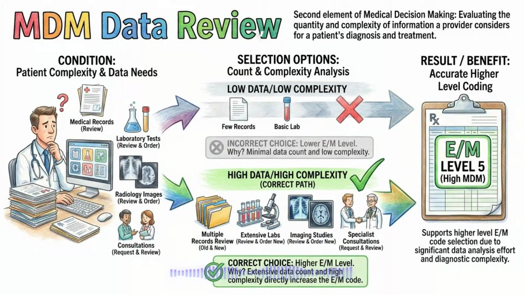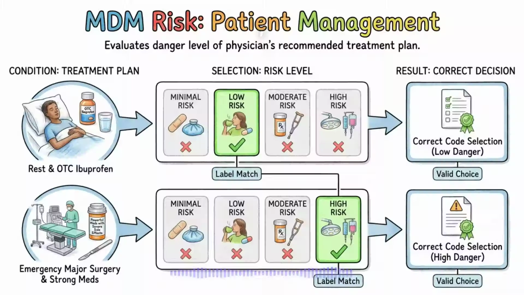This section requires you to count every single medical record, laboratory test, and radiology image the physician had to review to figure out what was wrong with the patient. It also includes the effort of ordering new tests or requesting consultations from other medical specialists. The more complex the diagnostic puzzle, the more data the physician must review, which naturally drives the E/M code to a higher level. The final element of MDM is the risk of complications,